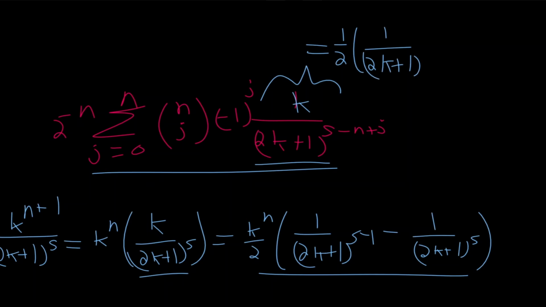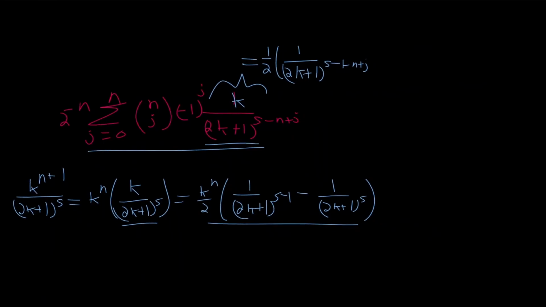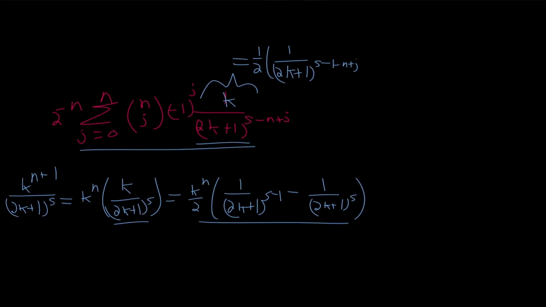And in this case, we have s minus 1 minus n plus j. A bit of a mouthful, but gets the job done still. And then we're also just going to have minus this 1 over 2k plus 1 to the s as in here,